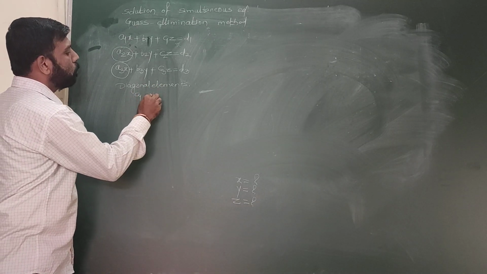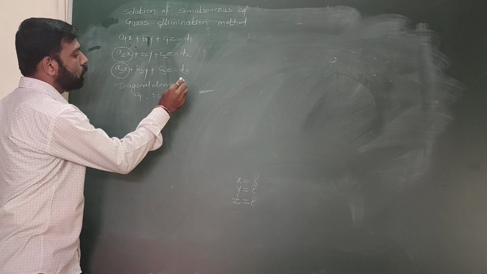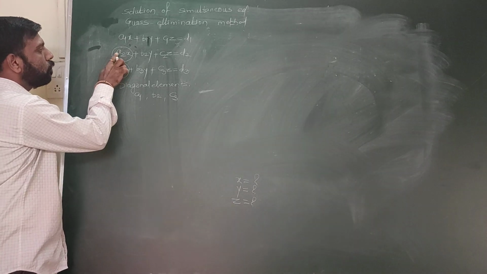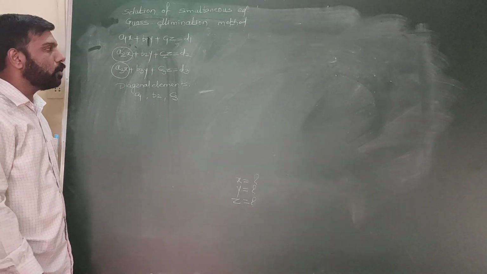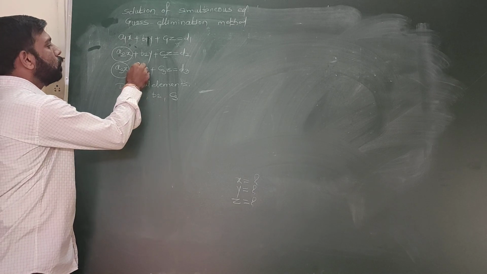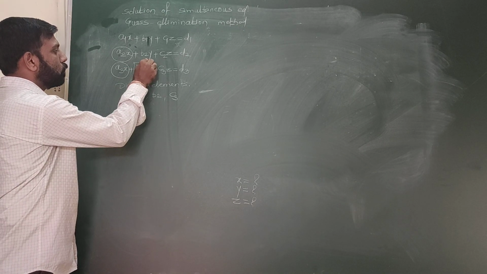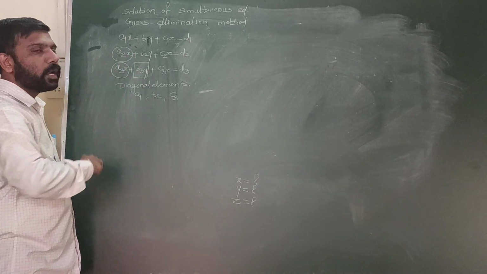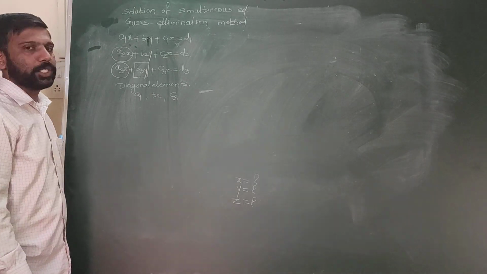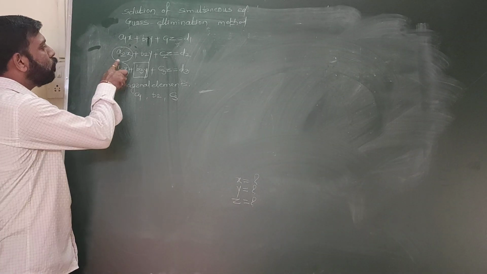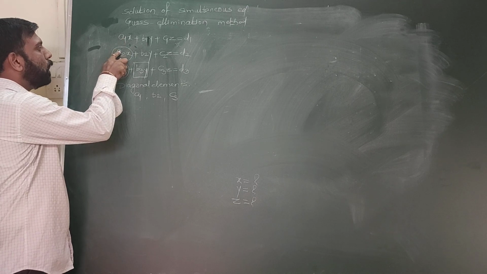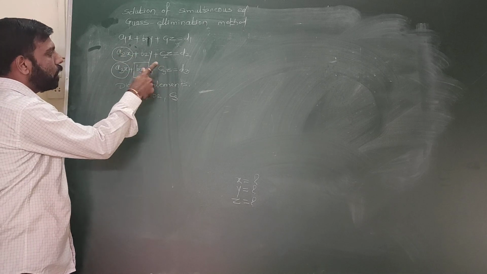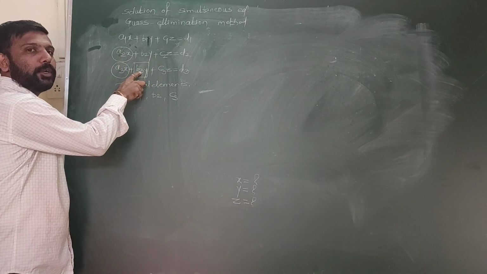A1, B2, C3. These are the diagonal elements. Now below the diagonal elements, first these two elements we will make 0, and in the next step we will make this element 0. So in two steps we are completing this method, that is Gauss elimination method. In the first step, below the diagonal element, make these two elements 0. This is our step 1. And in the next step, make this element 0.